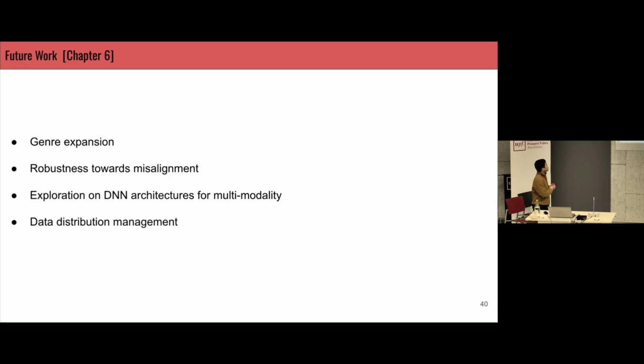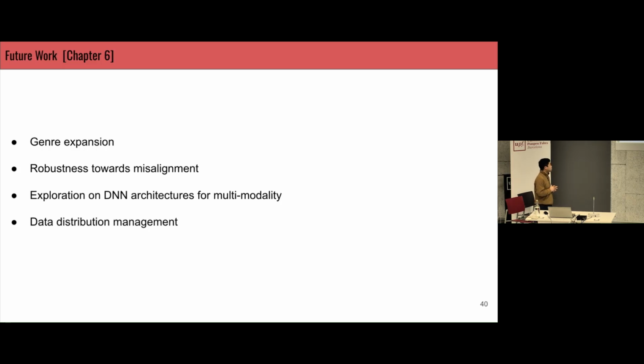Let me introduce the future work. As I said, genre expansion, because this is only done on classical music, and robustness towards misalignment. This research is based on an aligned setup, which is not really what happens in real use-case scenarios. So alignment should be tackled too.